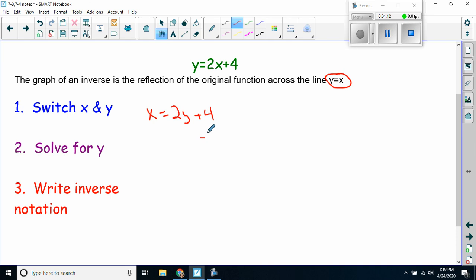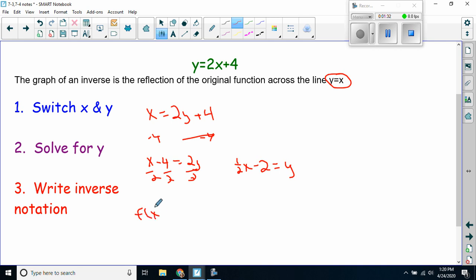So I'm going to subtract the 4. So I've got x minus 4 is now equal to 2y. Divide everything by 2. So my inverse function is going to be that 1/2 x minus 2 is now equal to y. And the last thing you want to do is just put in inverse notation,